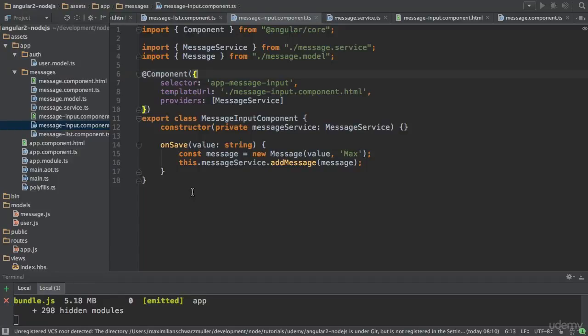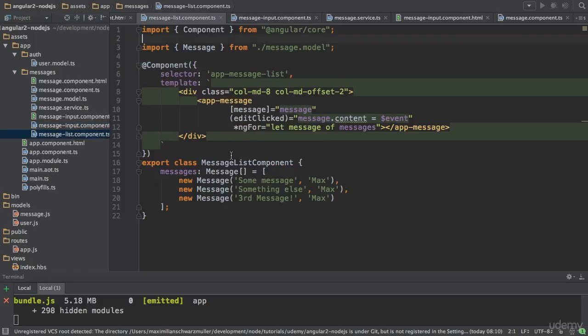We already inject the message service in the message input component. Now, in order to get this list of messages, the logical place to also inject it would be the message list component here, where we have the array of messages. So let's do that. Let's add a constructor here too, where I then also set up a message service property